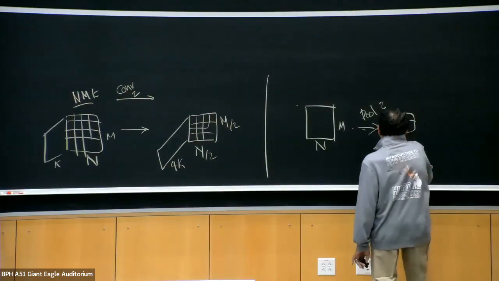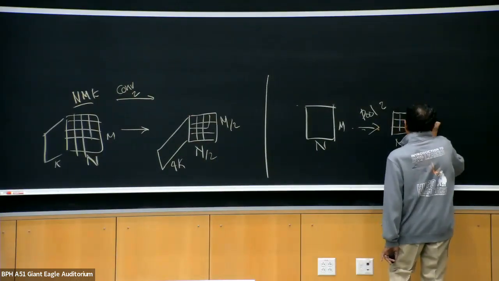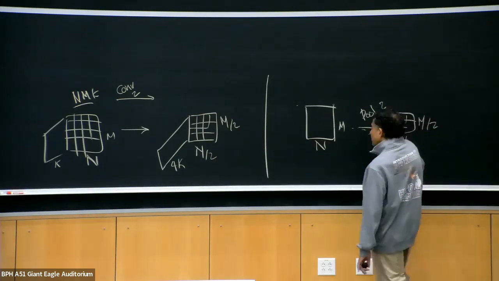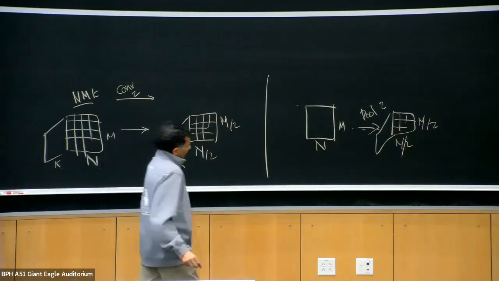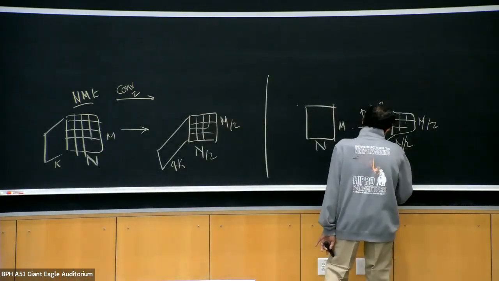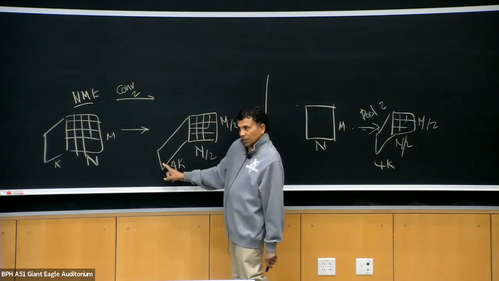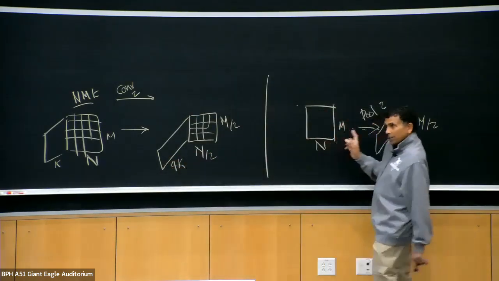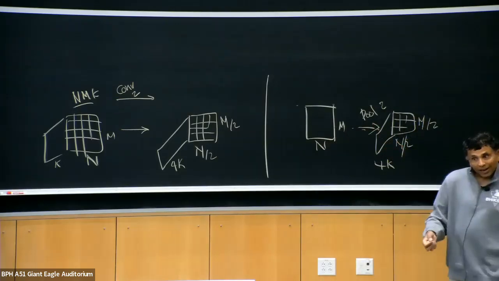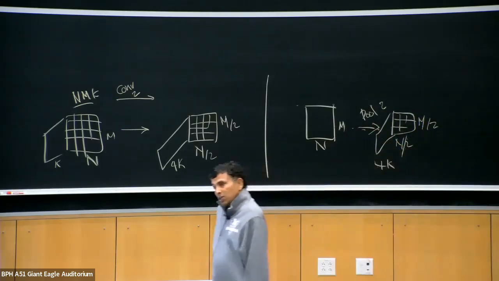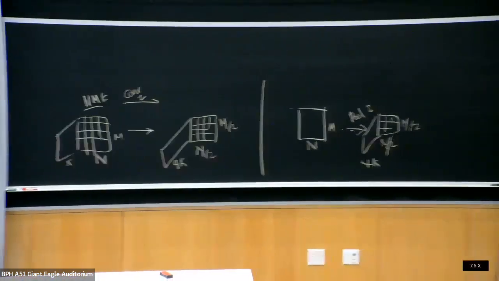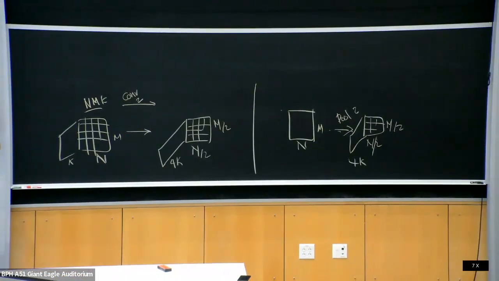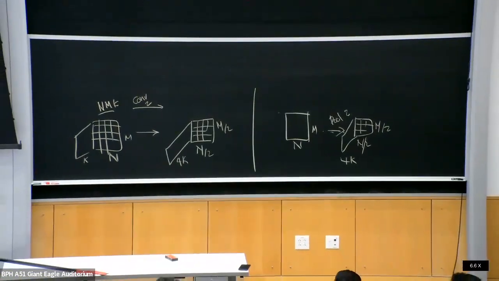This is going to become n over 2 times m over 2. So how many channels must I have if I want to retain all the original information? 4K, right? Regardless of whether you are convolving with a stride, or convolving normally and then following up by pooling with a stride, if you do not want to lose information, then you want to increase the number of channels. You also want to increase the channels to deal with the edge effects, because you're going to be losing stuff. So typically, as you go through the network,